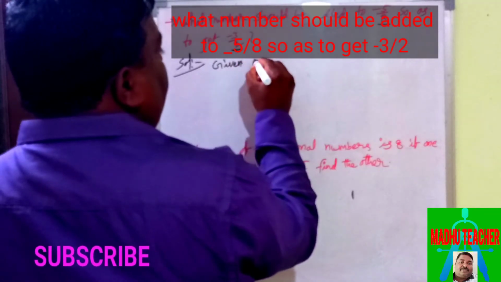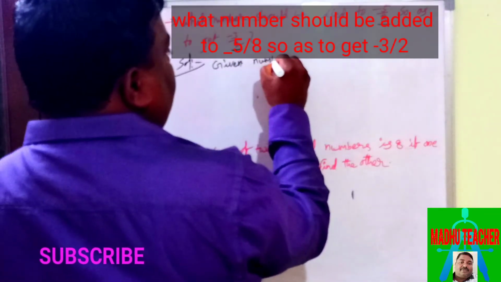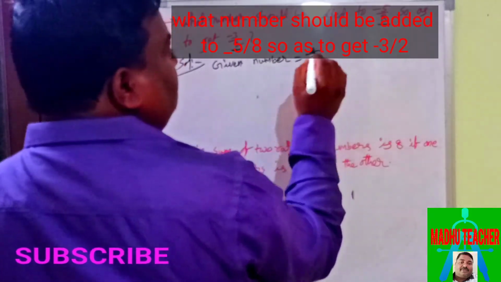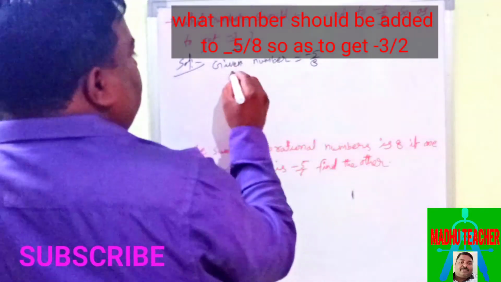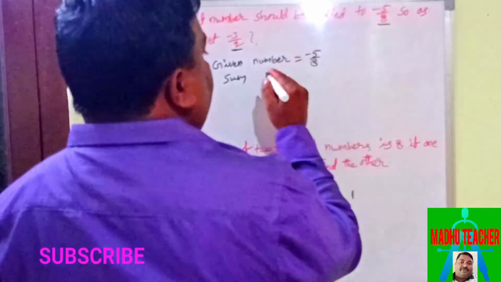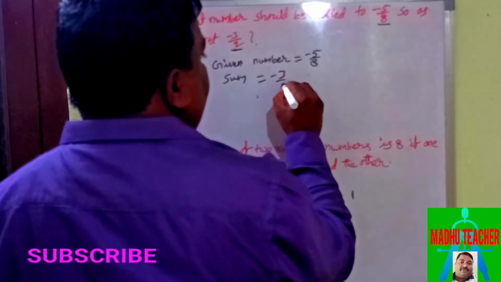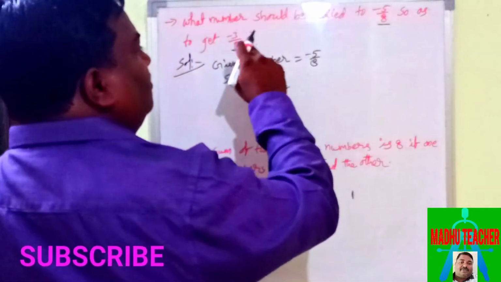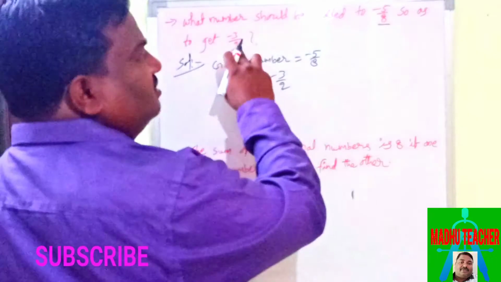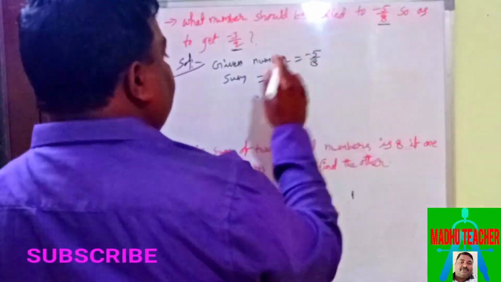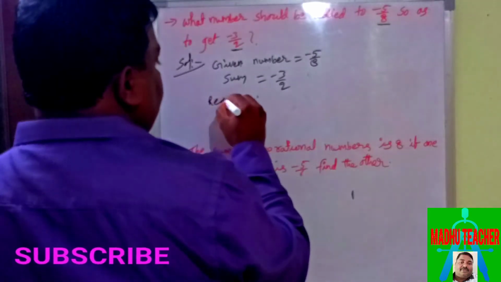Given number is minus 5 by 8. So next, sum equal to minus 3 by 2. By adding this number and another number we will get this. So sum is this, and given first number is minus 5 by 8. So required number